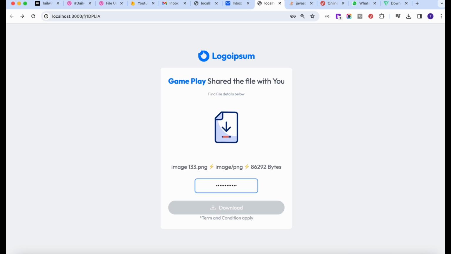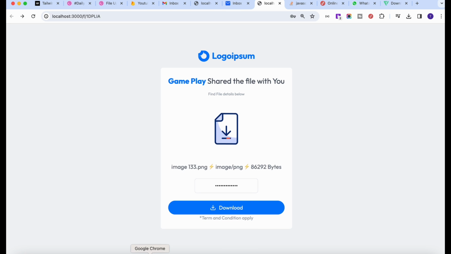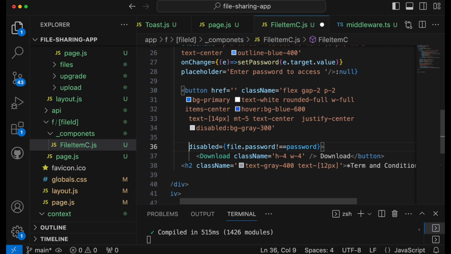If I remove any of this button, right, it gets disabled. Perfect. So that is how it works. Okay, and then on the download, you can add the download logic, or you can open the URL inside a new window. From there, obviously, the user can download it. Okay, so better to open in a new URL to avoid any logic or some